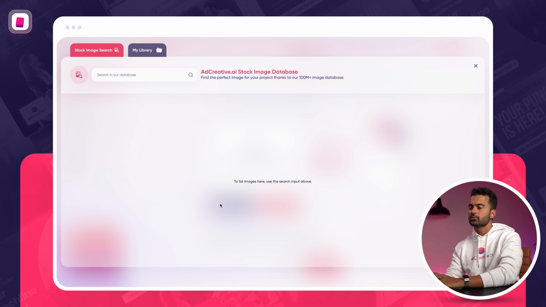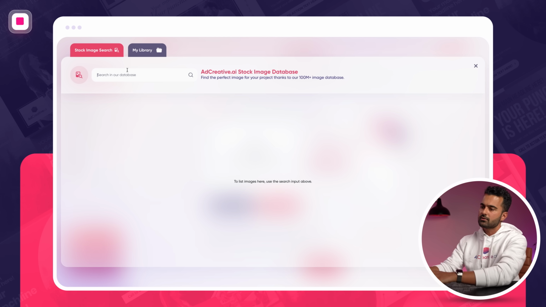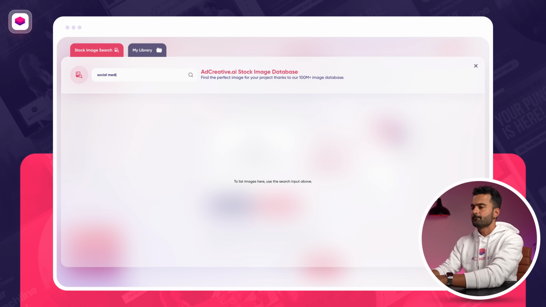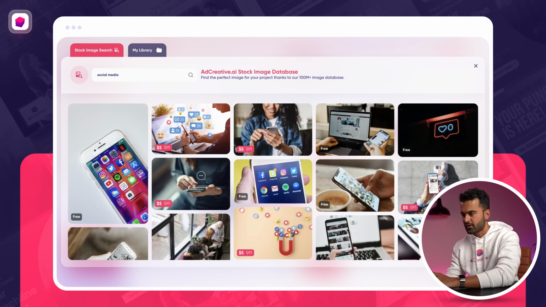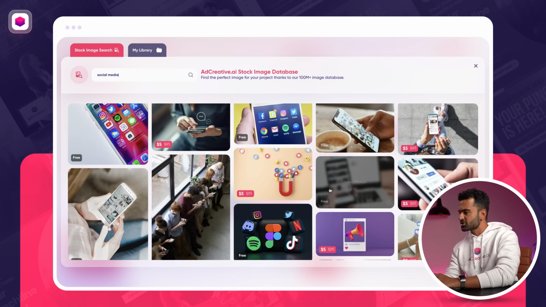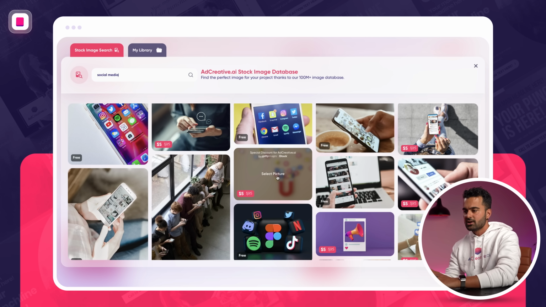So I have no background to upload, but I'm going to go here and write, let's say, social media, since we are generating for AdCreative AI, and you can use AdCreative AI to generate social media as well as display channels. And let's not spend so much time. Let's put something, but as you can see, some of the images are paid. We are working with Getty Images or iStock Image, and